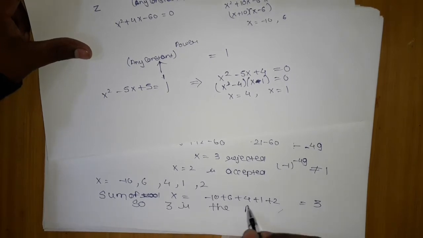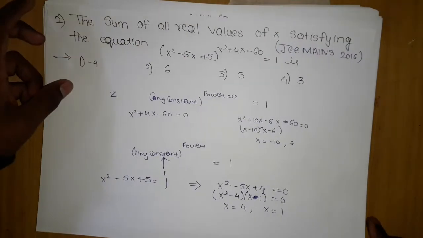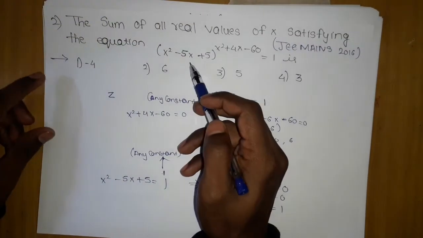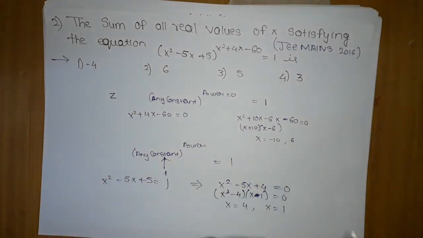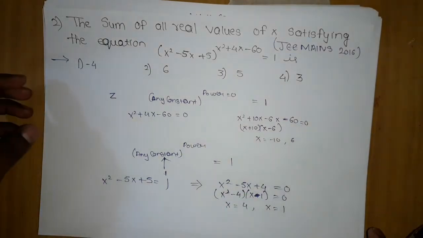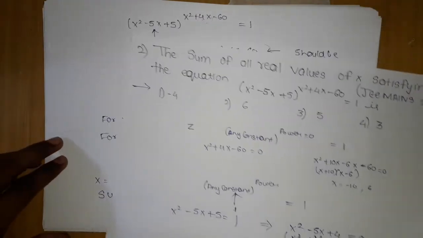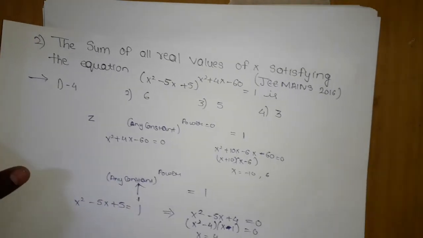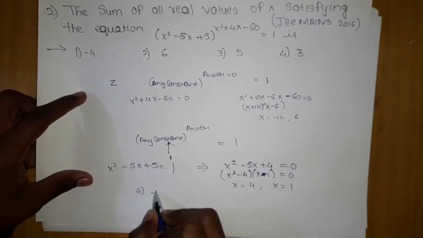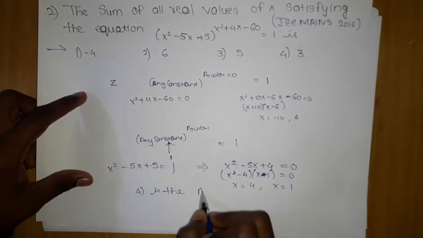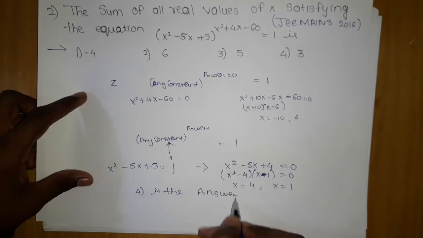Okay, now we are done with this. This was a question from JEE 2016, and you can see how they have twisted the equations. The equations are quite good and the calculation is very easy. The best part is you should be able to figure out what to do to get the answer. So from here we can see the fourth option is the answer.